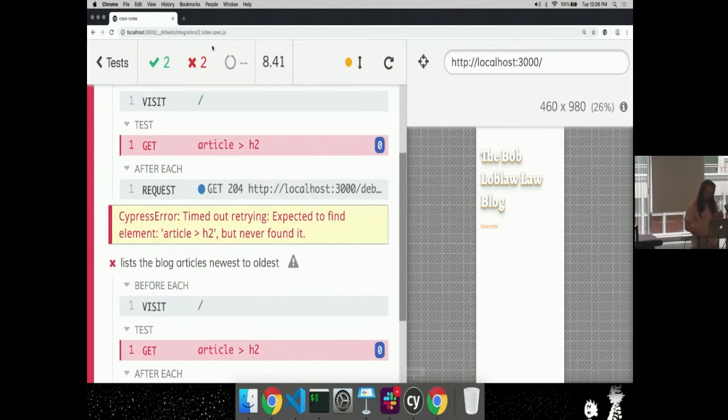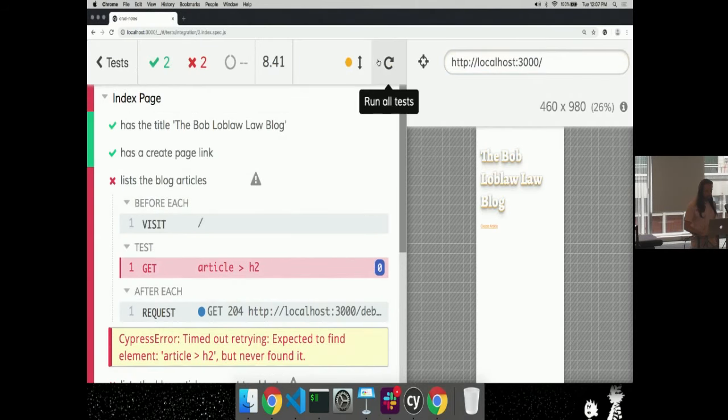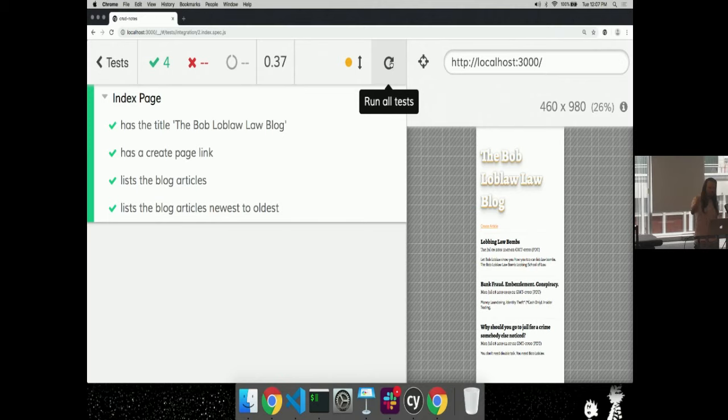Let's see which tests we pass now. So list the blog articles. Is that a test that we pass now? Yes. Oh wow, and they all get listed newest to oldest. So that's great. We passed all of the requirements for this. The page is not done yet, though, right? Because,